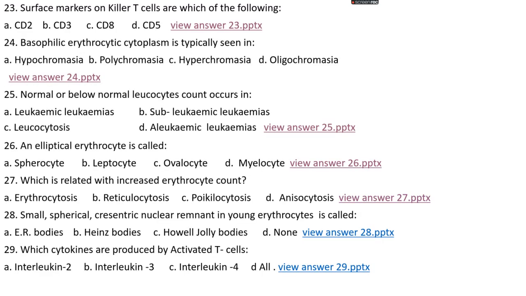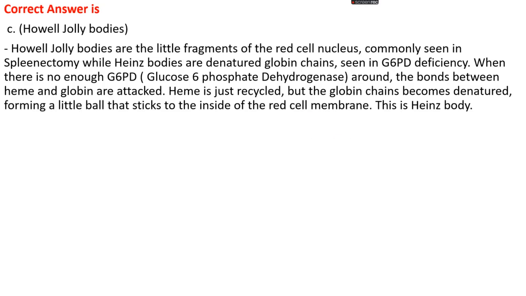Question number 28. Small spherical concentric nuclear remnant in young erythrocytes is called option A, ER bodies, option B, Heinz bodies, option C, Howell-Jolly bodies, option D, none. The right answer is option C, that is Howell-Jolly bodies. Howell-Jolly bodies are little fragments of the red cell's nucleus, which are commonly seen in case of splenectomy,